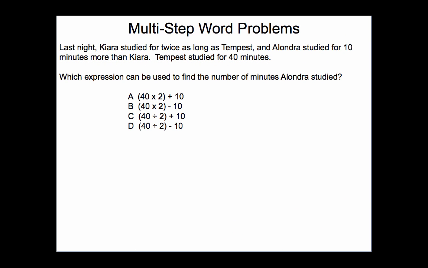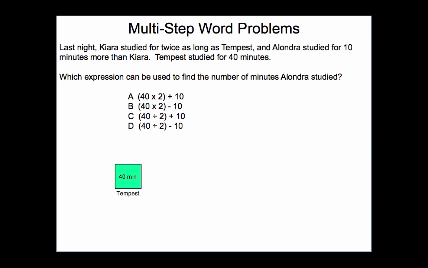Okay, our next problem. Last night, Kiera studied for twice as long as Tempest, and Alondra studied for 10 minutes more than Kiera. Tempest studied for 40 minutes. Which expression can be used to find the number of minutes that Alondra studied? Well, let's draw this out. So we know that Tempest